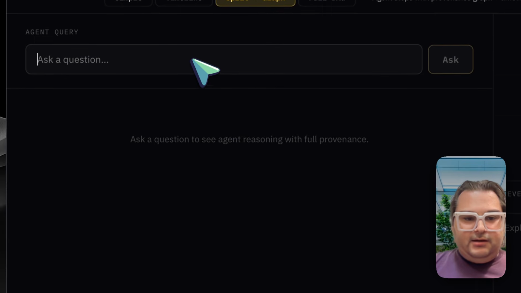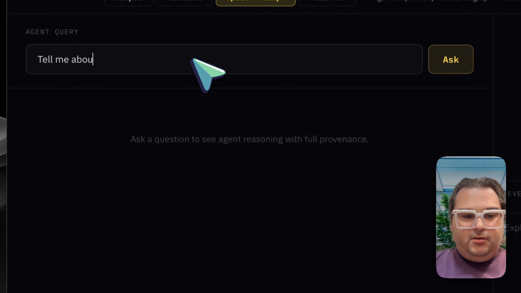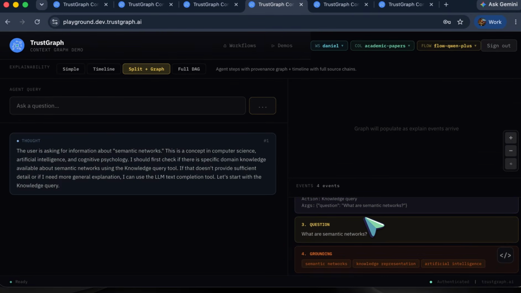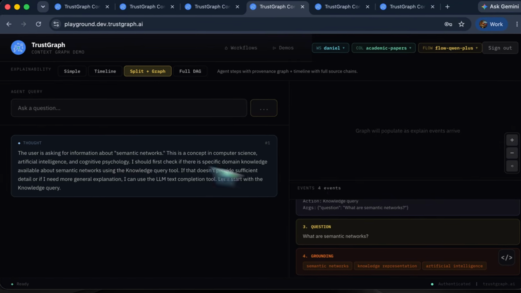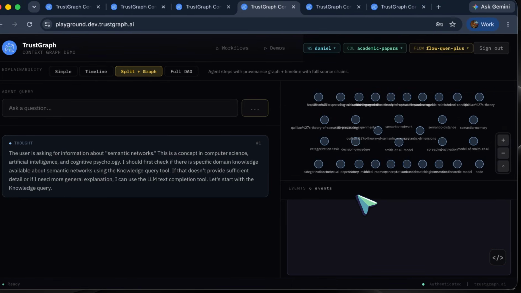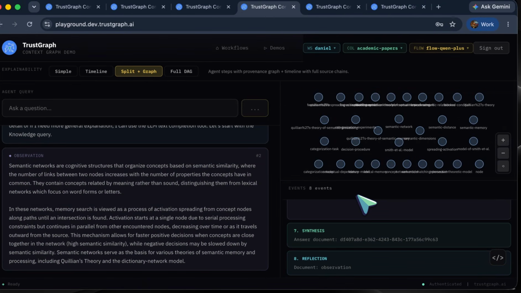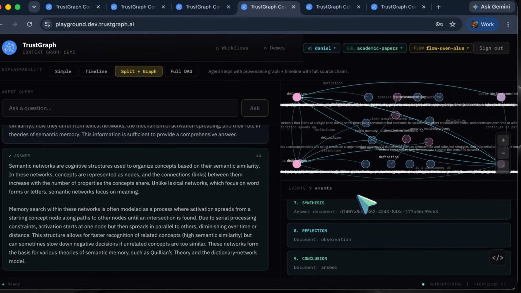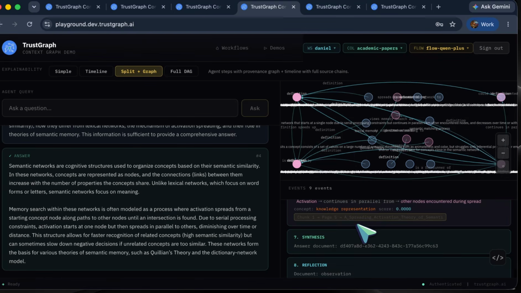Let's do the same thing. Tell me about semantic networks. We should see something very different happen this time. So this last time, it just used pure LLM completion to answer the question. So it was using what the LLM itself knew about semantic networks. Now we can actually see